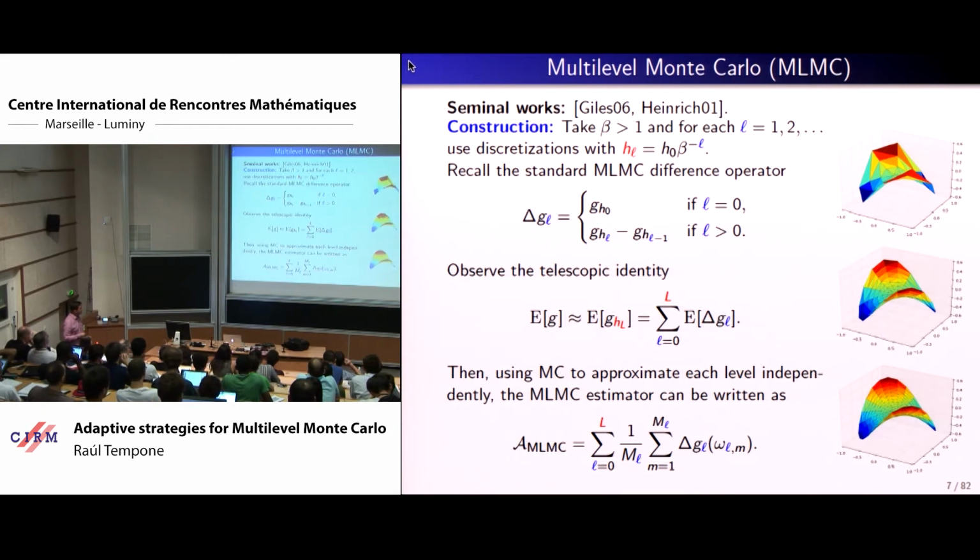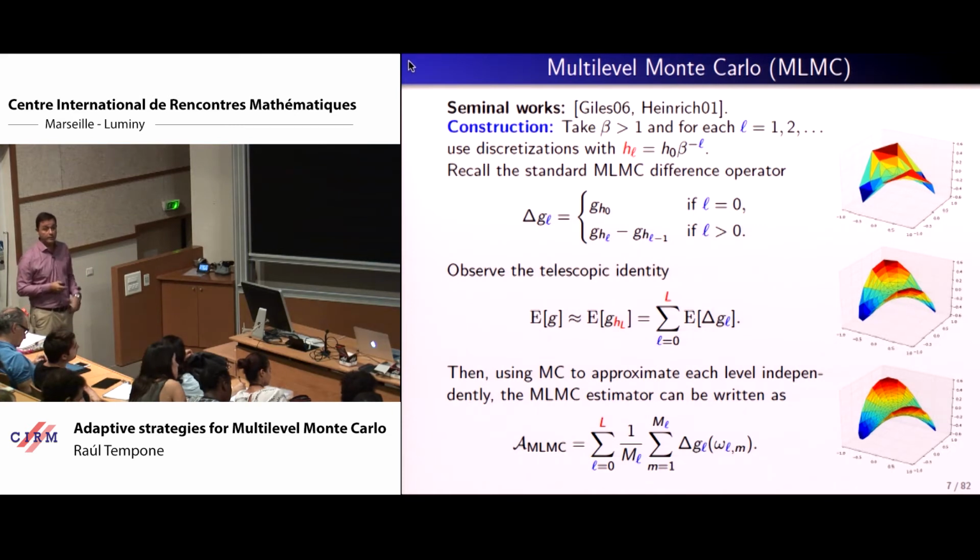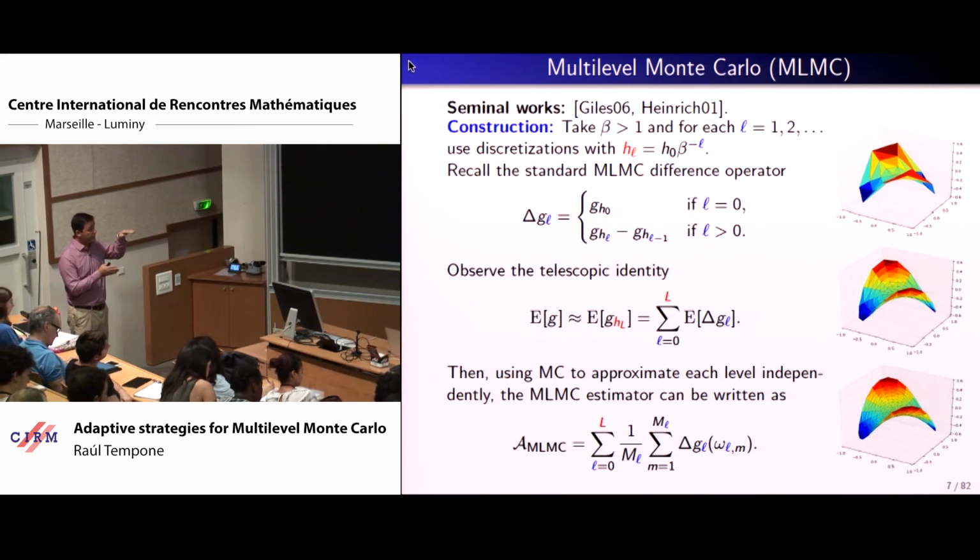As you see, this, which is the estimator for multilevel Monte Carlo, looks precisely like the sum of capital L plus 1 Monte Carlo estimators, where each of them is now sampling something different. Each of them is sampling these deltas. And of course, remember that for L equals 0, this is not a difference, it's just G evaluated on the coarsest approximation. You can think of this as G is H0, if you think of hierarchical approximation, and then the other things are just corrections being added to the coarsest level.